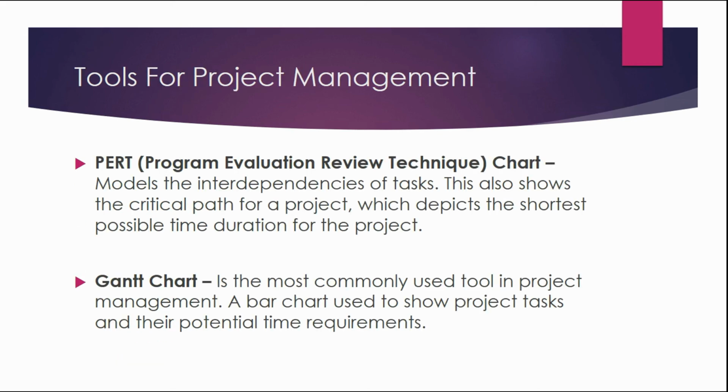Some common tools for project management that project managers use to help identify how long a project's going to take are typically the PERT chart and the Gantt chart. A PERT chart is a program evaluation review technique chart that models the interdependencies of tasks and shows the critical path for a project. This just means that it depicts the shortest possible time that a project can take